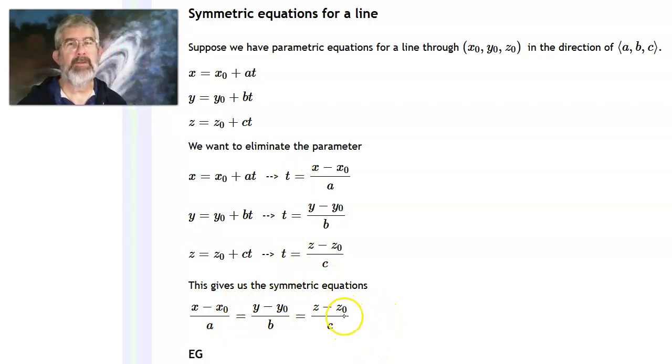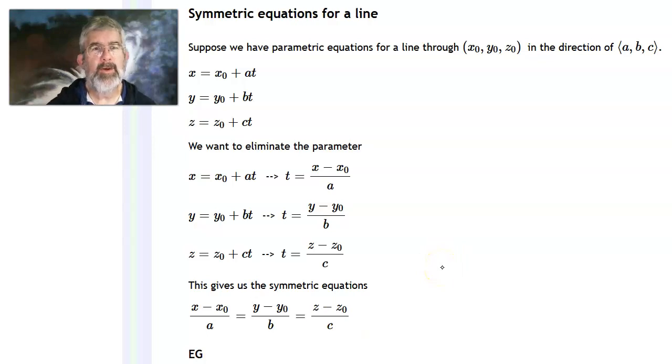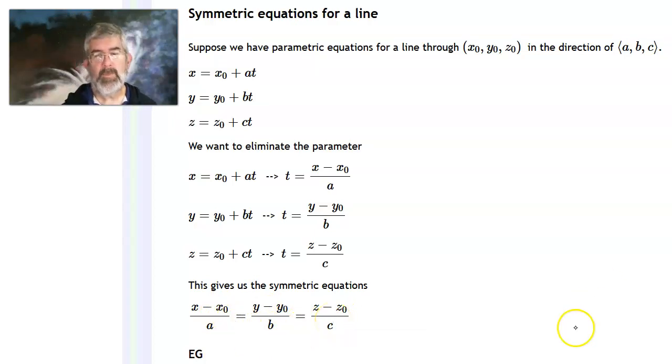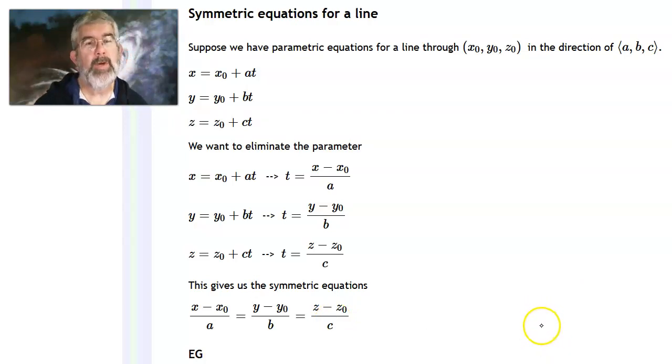And now I have, well, I almost said I have an equation without the t in it, but I don't. I actually have three equations. And it might look like two equations because there are two equal signs there, the first one is equal to the second and the second is equal to the third, but it's also true that the first is equal to the third, right? There are three equalities there. So this is not just a single equation describing the line. This is two or three equations, however you want to think about it. And really what it is